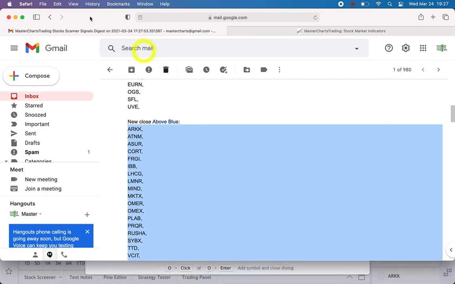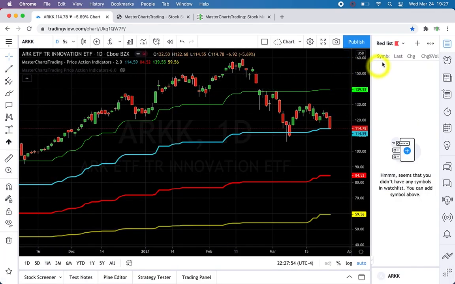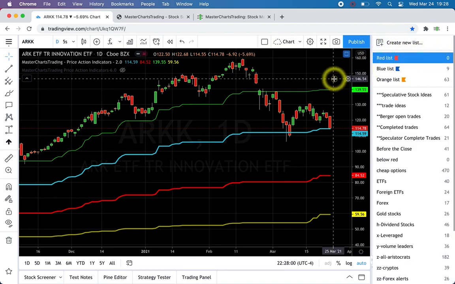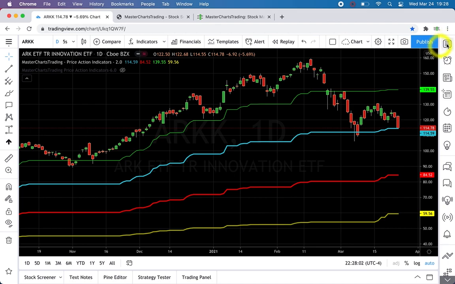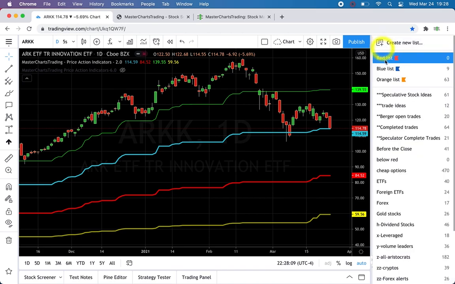Copy that. So, edit, copy, or you can do Control C. And like I said, you go to the TradingView interface, click on this little thing here at the very top, it's called lists, watch lists. Click on anything, for example red list, blue list, orange list, whatever. You can also create a new list, but there is a limit on how many you can create in the free